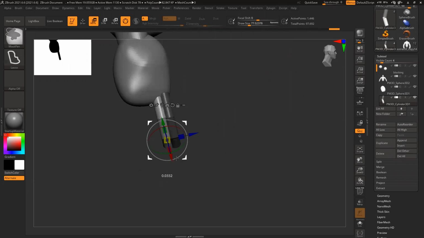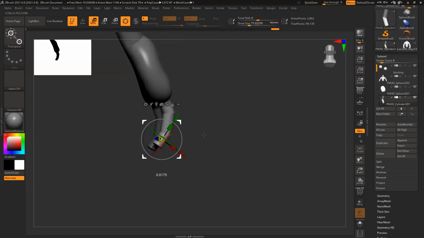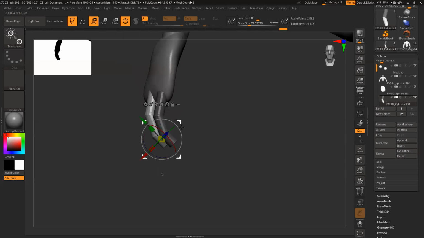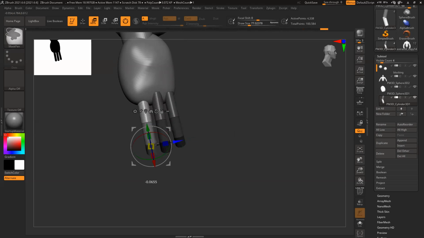Control Alt, drag it slightly bigger. Keep a slight gap. Control Alt, resize slightly.